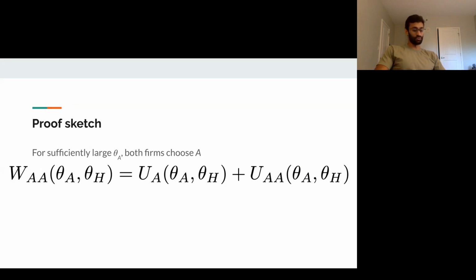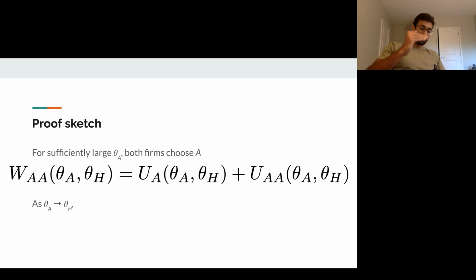You can think of this as coming from our monotonicity property, in our asymptotic optimality. I'm just saying, there exists large enough algorithm accuracy such that it's obviously rational for both firms to choose using the algorithm. And I claim this is the right way to write out social welfare, which says it is the utility of the firm that goes first plus the utility of the firm that goes second. So for sufficiently large algorithm accuracy, this is what social welfare looks like.